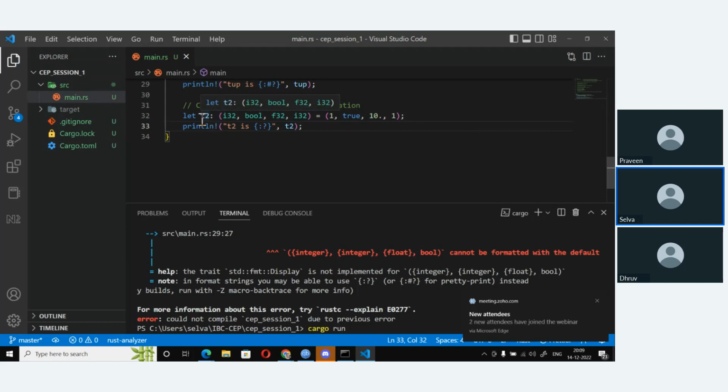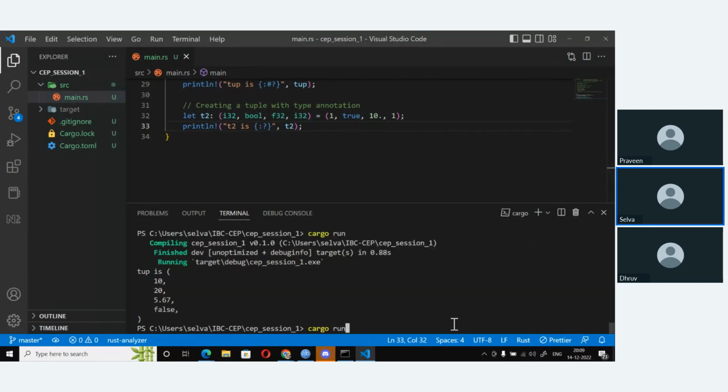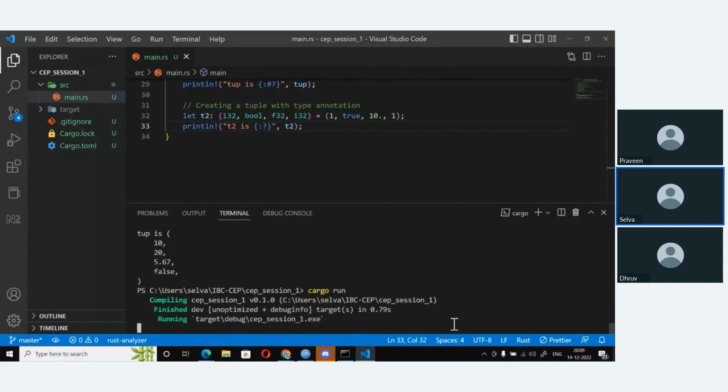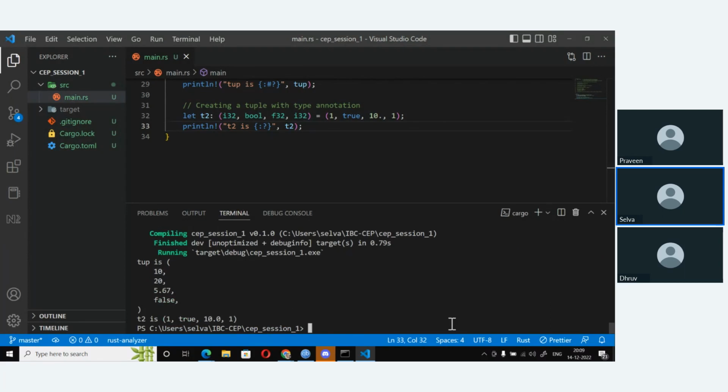Now the compile errors will only go after you rectify and then you save the file. Okay. Right. And now if I go and run this, it is coming as 1, 2, 10.0 and 1. Okay.